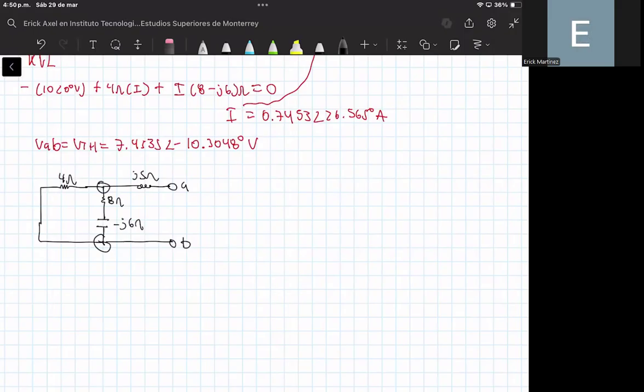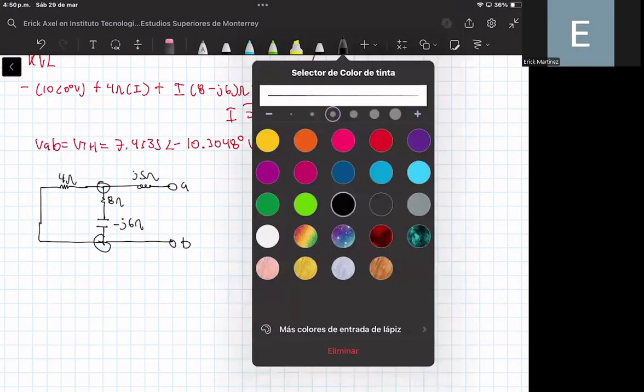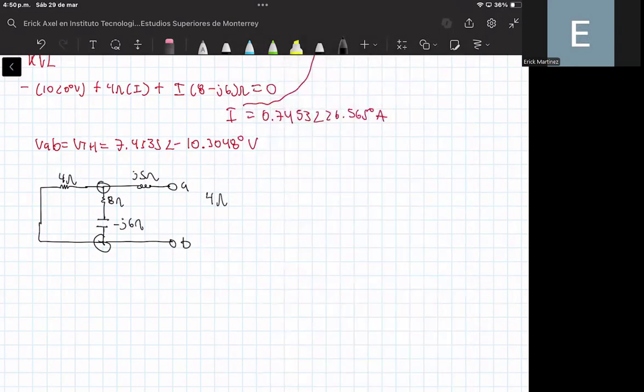So the parallel between this 4 ohm resistor and this impedance is equal to 1 over (1/4 plus 1/(8 minus j6)) ohms. And this is equal to